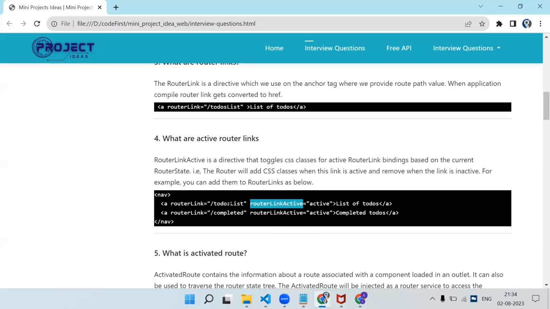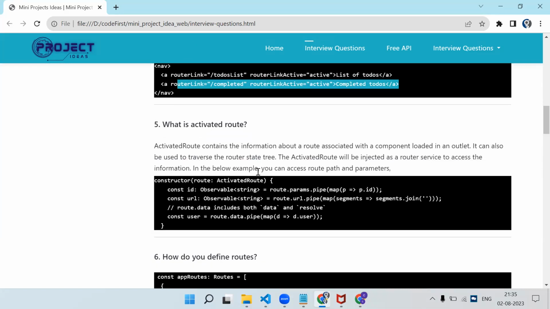So if this to-do list is activated in the URL, it will add this class over there. So router link active, and you have to provide a class over here. Whichever route is activated, that class will be added to that particular anchor tag, right? So this is an attribute just to add an active class for the activated route, right?